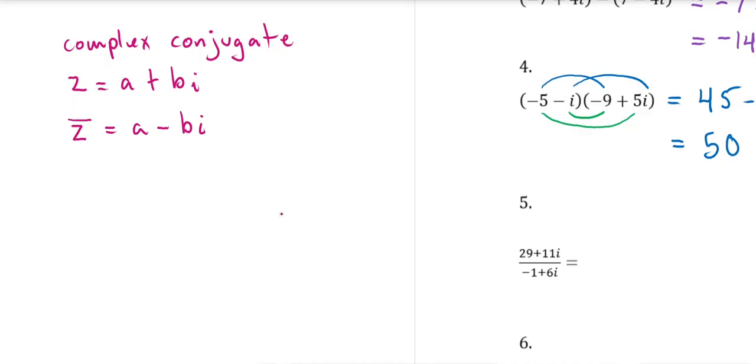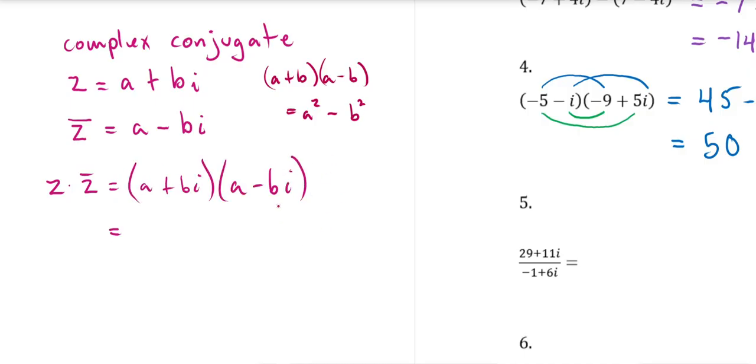A very important property of the complex numbers has to do with difference of squares. Let's recall that if I had a plus b times a minus b, what we would wind up with is a squared minus b squared, because the middle terms would cancel. Now, something very similar is going to happen when we multiply a number by its conjugate. If I take a complex number, z, and I multiply it by its conjugate, z bar, what I wind up with is the following. As in difference of squares, the middle terms cancel, and we wind up with a squared